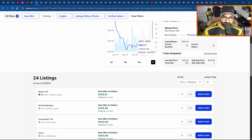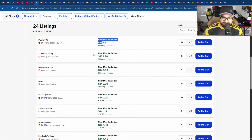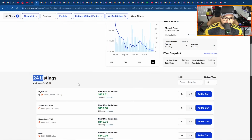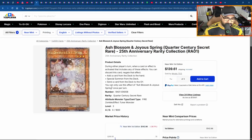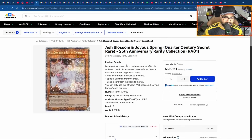Again, look, you're curving into consolidation a tad bit right there. So you see the play sets here. If this is the version you want at 140s, not bad. 24 listings. Maybe it could push down to 135 if someone panic sells, or 130s, but I would be watching this card if you want it, because this card still